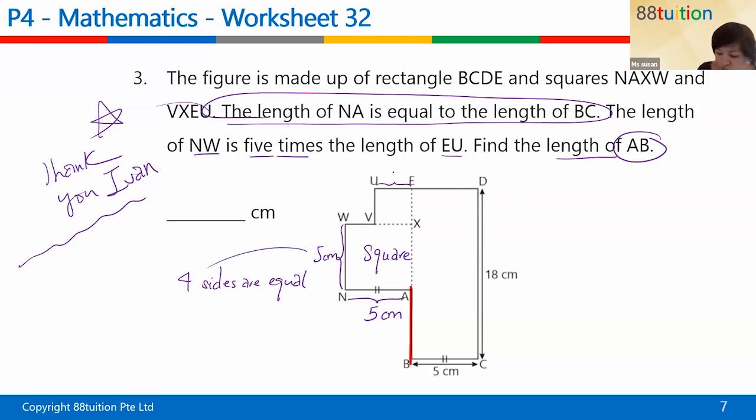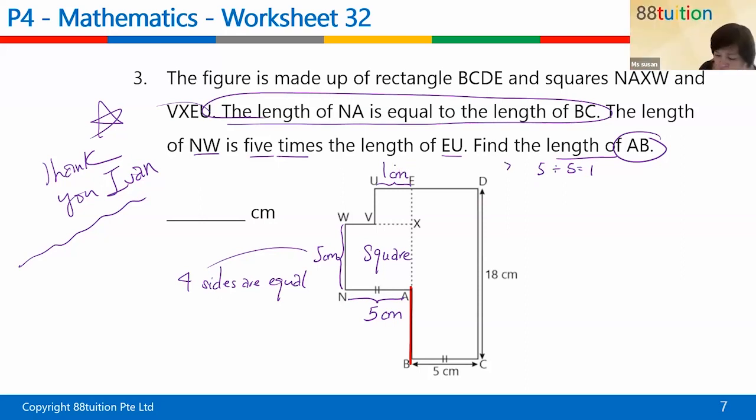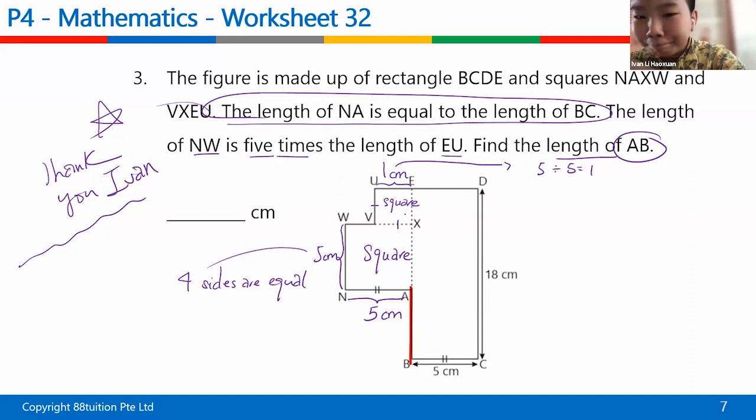How to find my EU? So then I put my working here. 5 times. So that means 5 needs to divide by 5 equals 1. And it is a square. Very good. This is also a square. It's just that this is a smaller square. And also 1, equal sides here. So this is 1. So meaning to say your VU is also 1 cm. So now